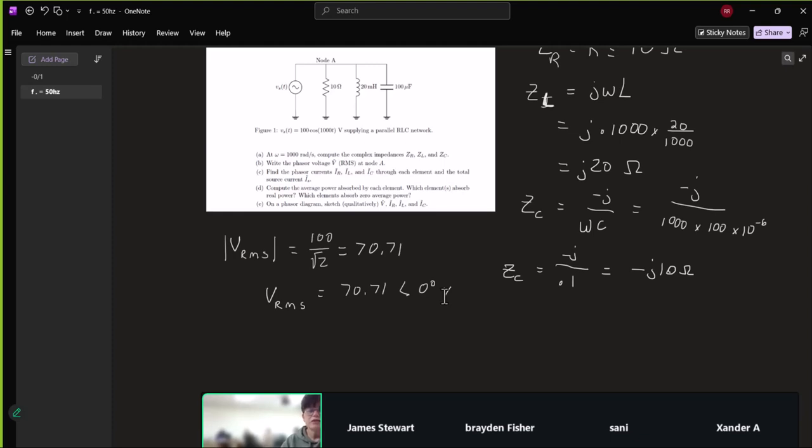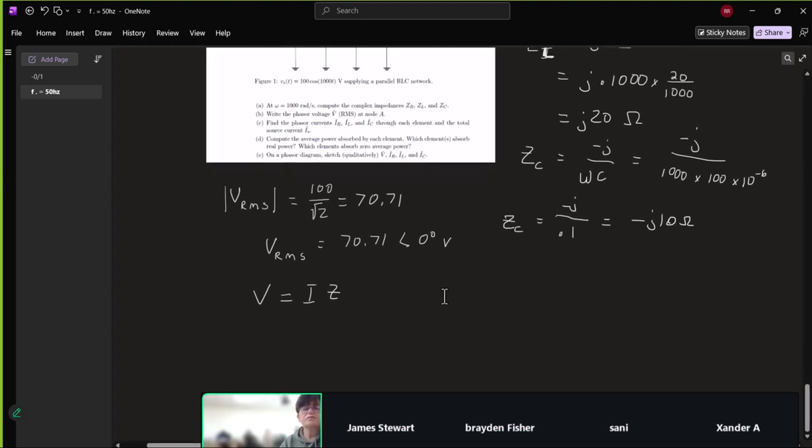And so the current, V equals I times Z, or I RMS will equal V RMS over Z. So I_L, or I_R, I'll start with I_R, equals 70.71 angle 0 over R, which is 10. So that's 7.071 angle 0